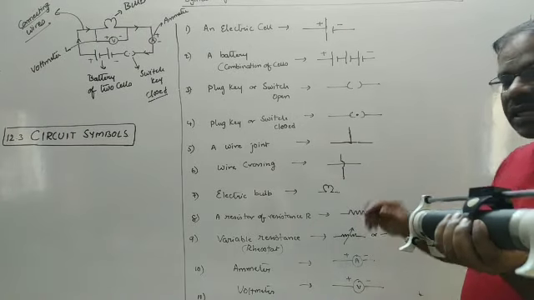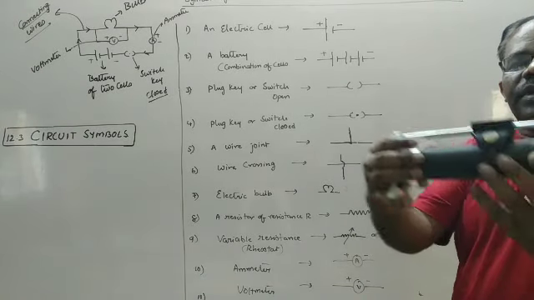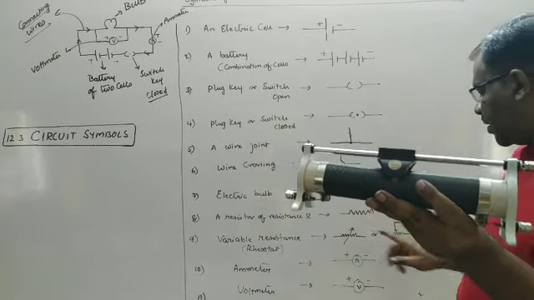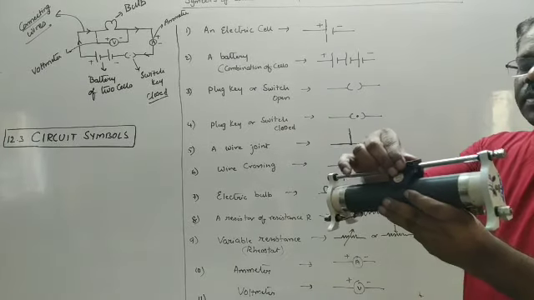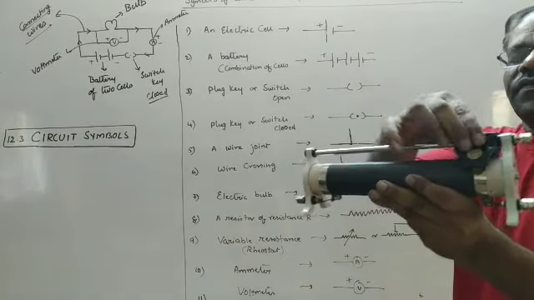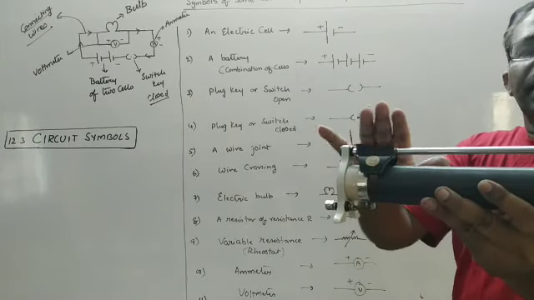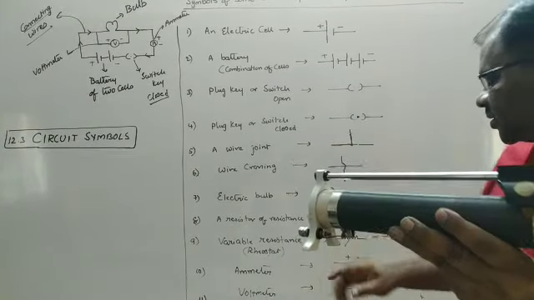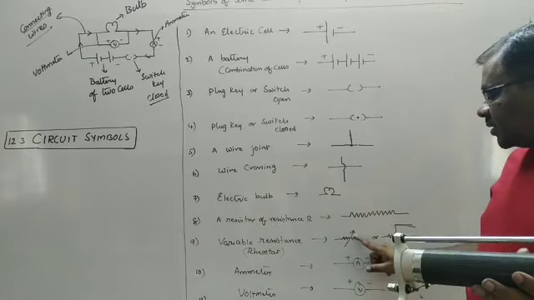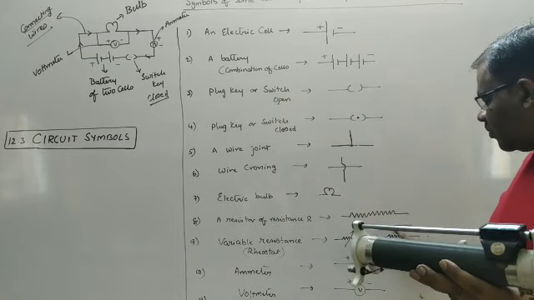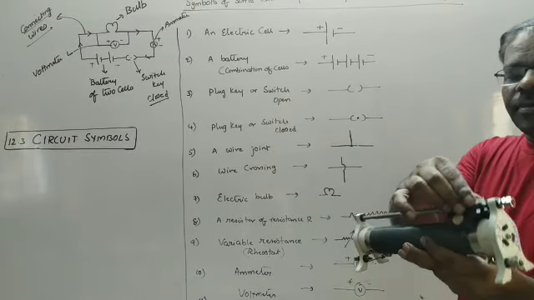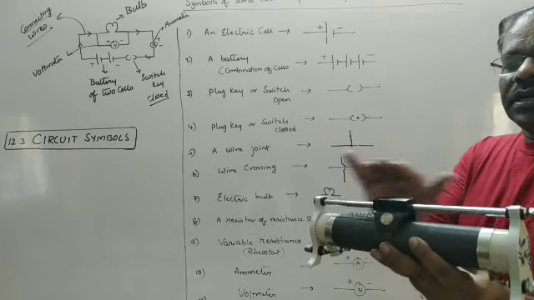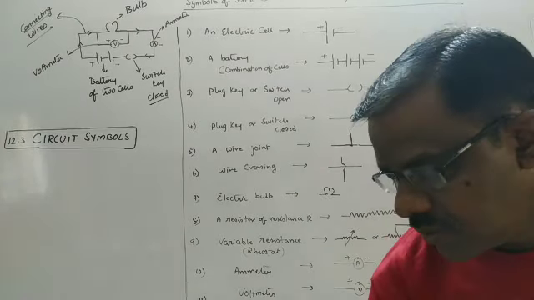That means if the arrow mark is at the middle, then the slider is at the middle of the rheostat. If it is at the corner, that means it is offering low resistance. If it is at the right corner, then it is offering high resistance. So a rheostat is typically represented by a resistor followed by an arrow. So this indicates the slider position. So you can either increase the current in the circuit or decrease the current in the circuit.